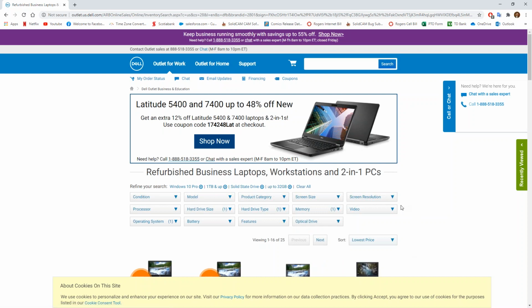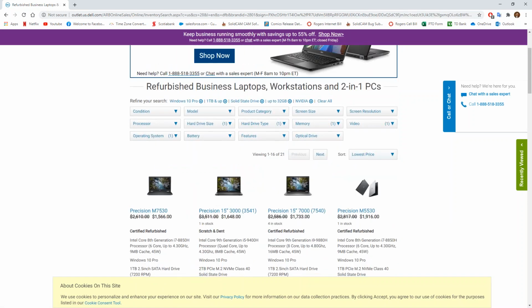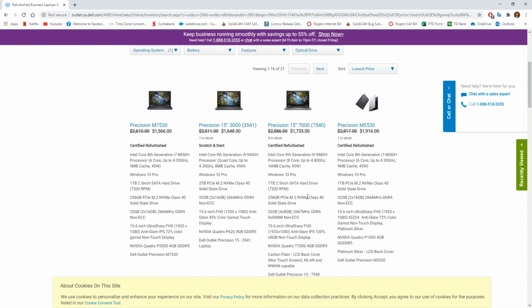And what else am I looking for? I'm looking for video card, and we want to use an NVIDIA card. So now, with that being said, I just told it what operating system, hard drive size, as well as hard drive type, memory, and what kind of video card that I'm looking for. And it automatically pops up a Dell Precision